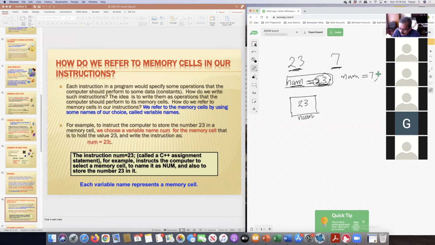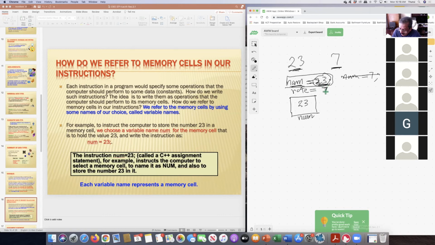Why is this wrong? Because you can only store one number in one memory cell? Yes, you can only put one number in one memory cell. So if you write num equal to 7, after writing num equal to 23, then you're saying, erase the 23 and put 7 in that memory cell. That's what this means. Erase 23 and put 7. We don't want to do that. So all you have to do is make up a different name, like rate. Okay, so if I say rate equal to